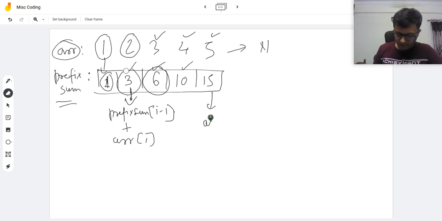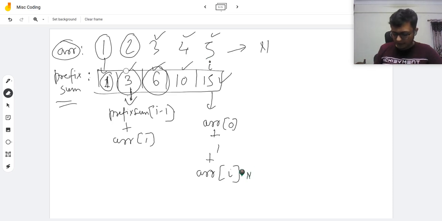the sum of ARR of 0 up to ARR of I, where I is the index of the element in the prefix sum array. So if you see, this is the sum of ARR of 0 to ARR of n minus 1, because I is equal to n minus 1.